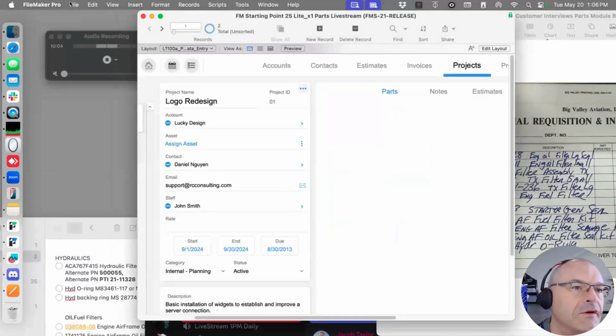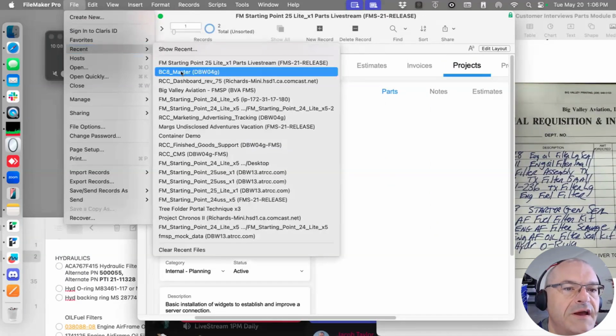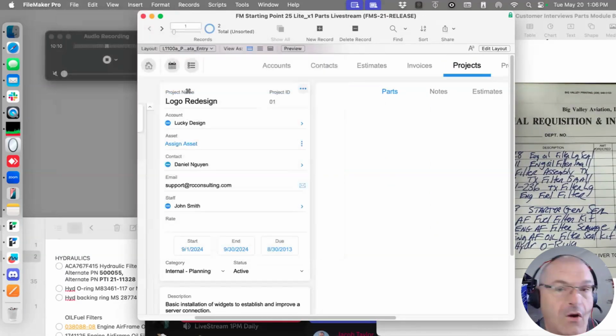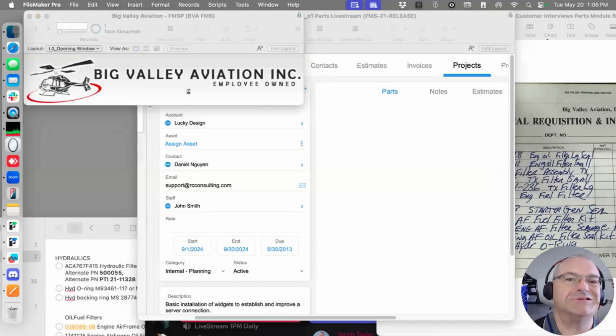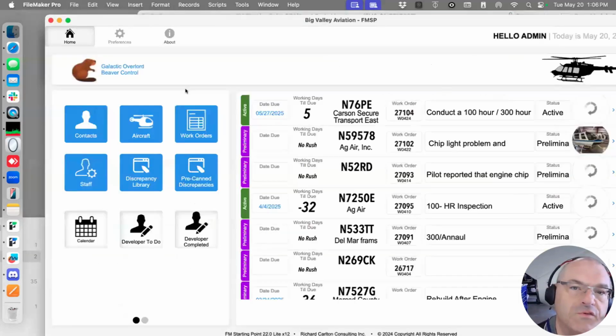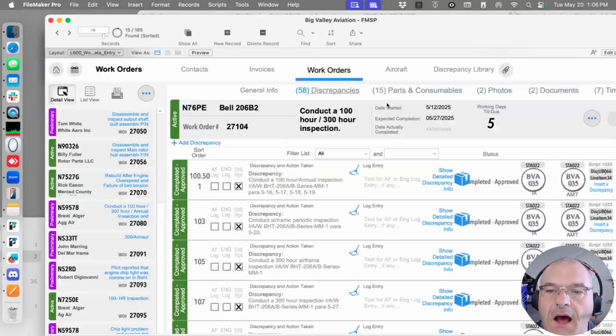If I go to recents and Big Valley over here, I'll open this up. Let's see. It's on an Amazon cloud server, and the performance is wireless over here. It's pretty good performance. So what ends up happening is we go over here. Well, let's pick this one right here. And so